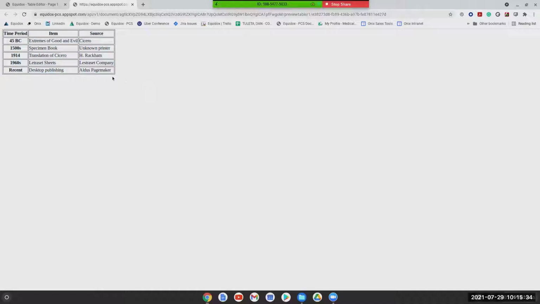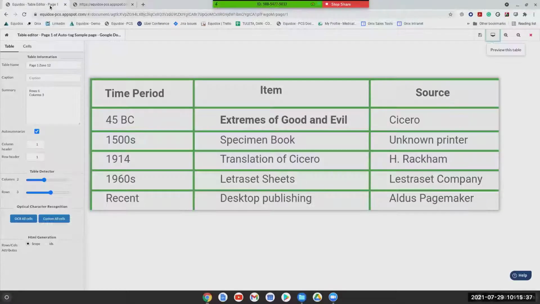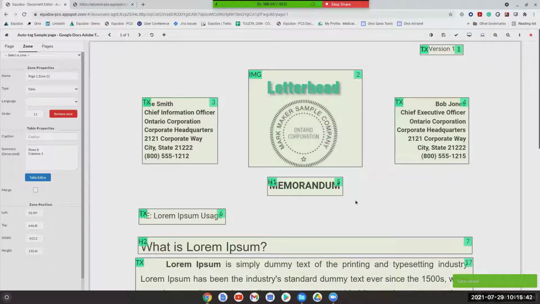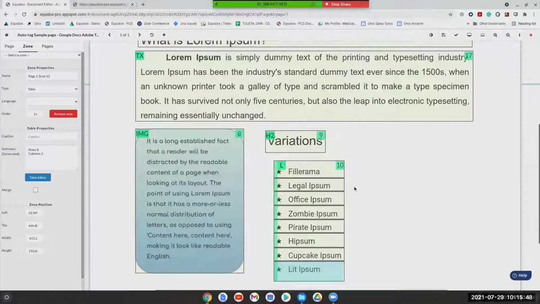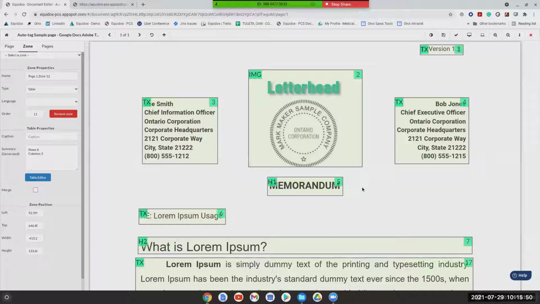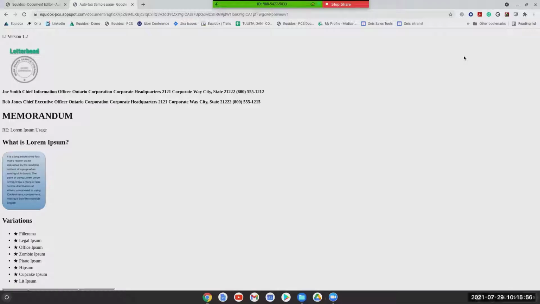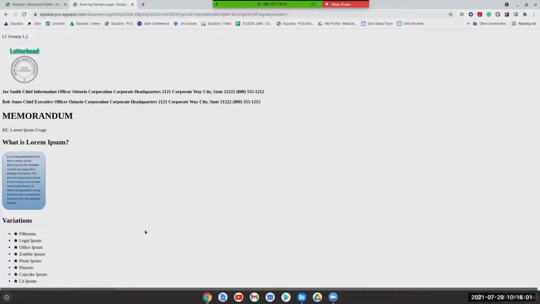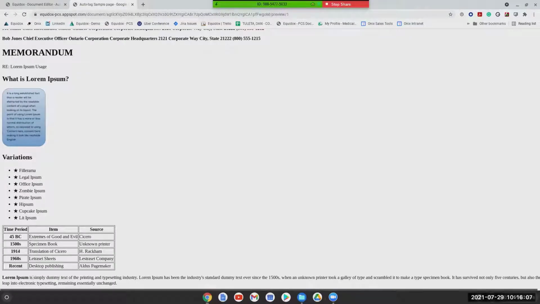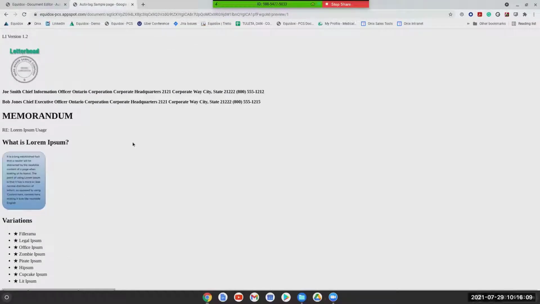With that said, I should also mention the fact that we do have this preview feature in Equidox, which is a critical part for checking your work. A lot of people will just rely on the accessibility report coming out of Acrobat to say that something is a passing grade or not. But within Equidox, we have this button here that looks like a computer monitor. And when you press this at any time, what you'll see is an HTML preview of the page that you're currently working on. So you're able to do things like checking your reading order, checking that your list is properly structured, checking out your tables, making sure that everything is built the right way for that particular page.